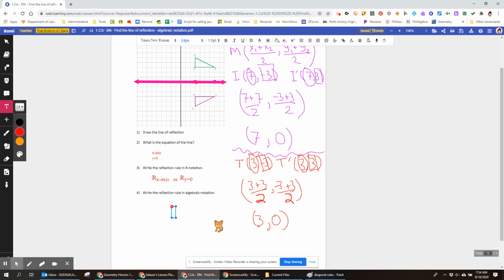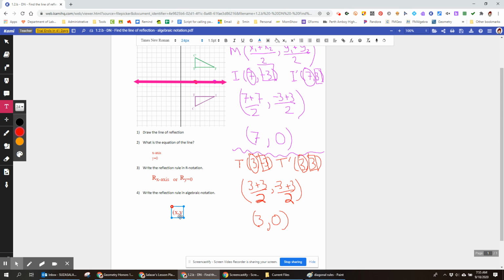Now to write the reflection rule in algebraic notation, if you look at those coordinates, there's a pattern, right? The x coordinate is the same, the y coordinate was the same number, the same absolute value, but it just switched signs because it was switching sides of the axis. So what's really happening here,